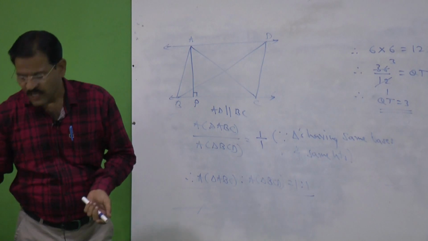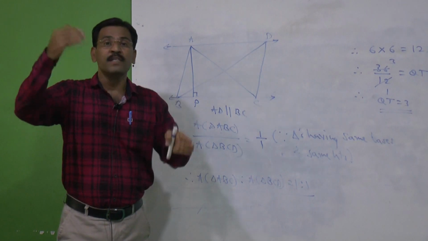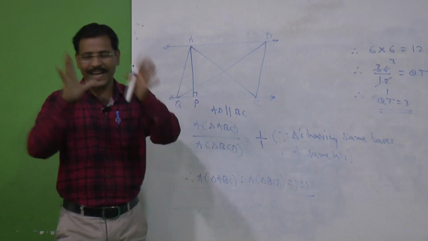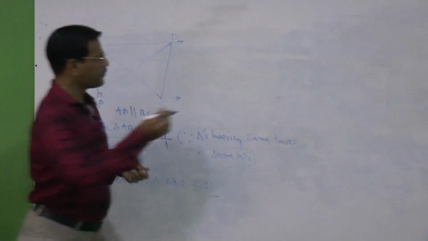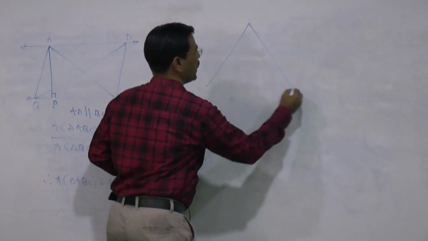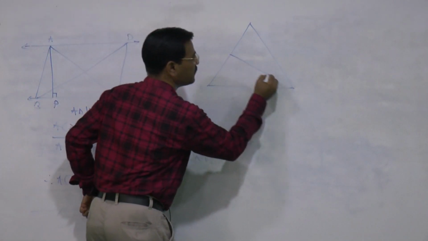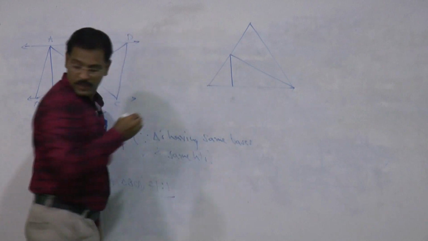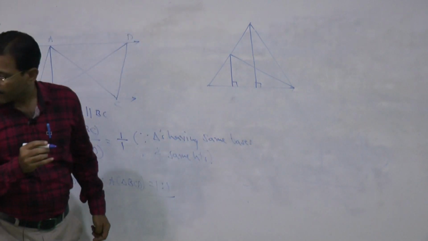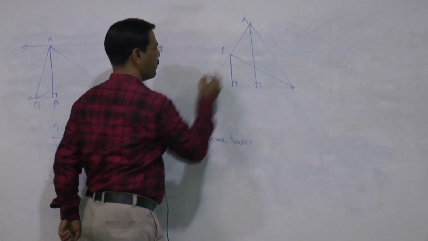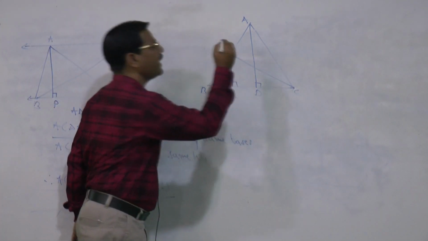In the next fifth sum, a figure is given to us, and we have to write only the ratio of some respective triangles. I'll draw the figure first. Very simple it is. Look here. In the same triangle, there are different triangles. Here it is P. Actually, it is ABC. Now here PQ is perpendicular, AD is also perpendicular.